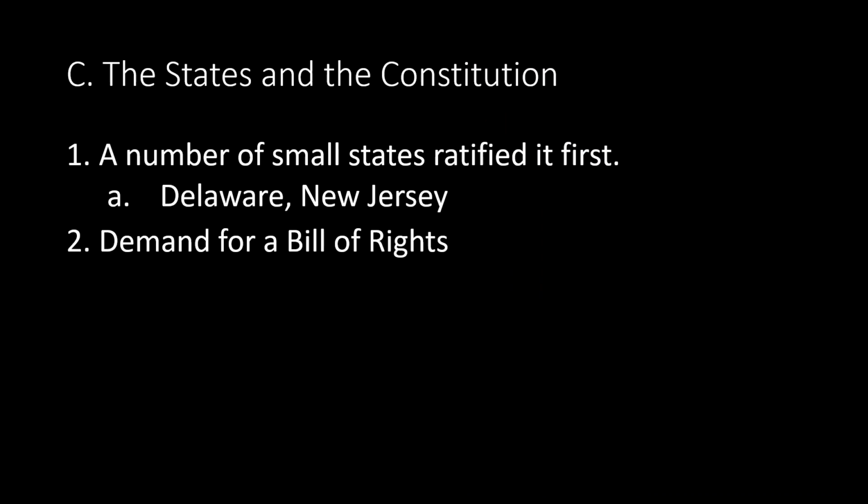The states and the Constitution. The small states did not have as many vocal opponents to the Constitution as the larger states. However, without New York and Virginia ratifying, the new government would be just a shell. Once they did, it was a fait accompli. The new government was formed and the old was disbanded. New York was chosen as the site of the first capital.